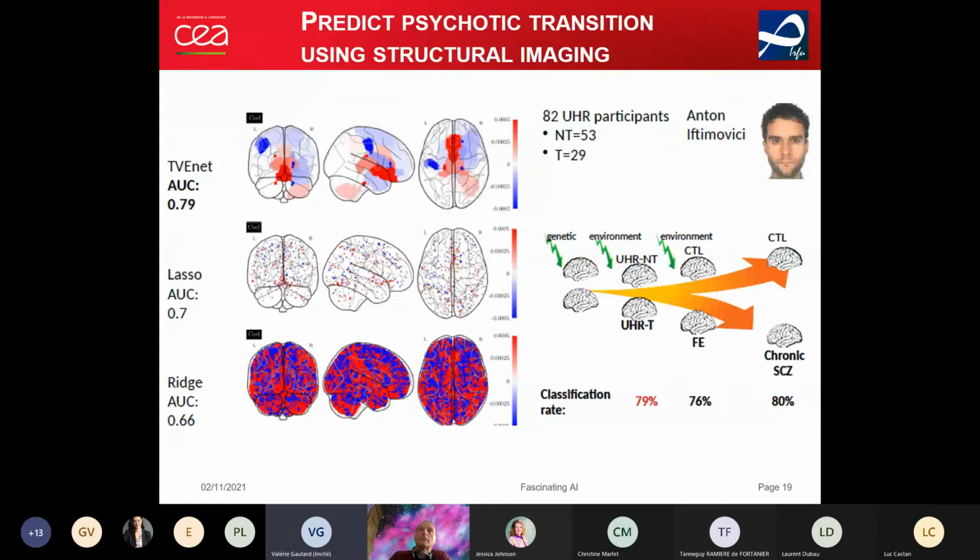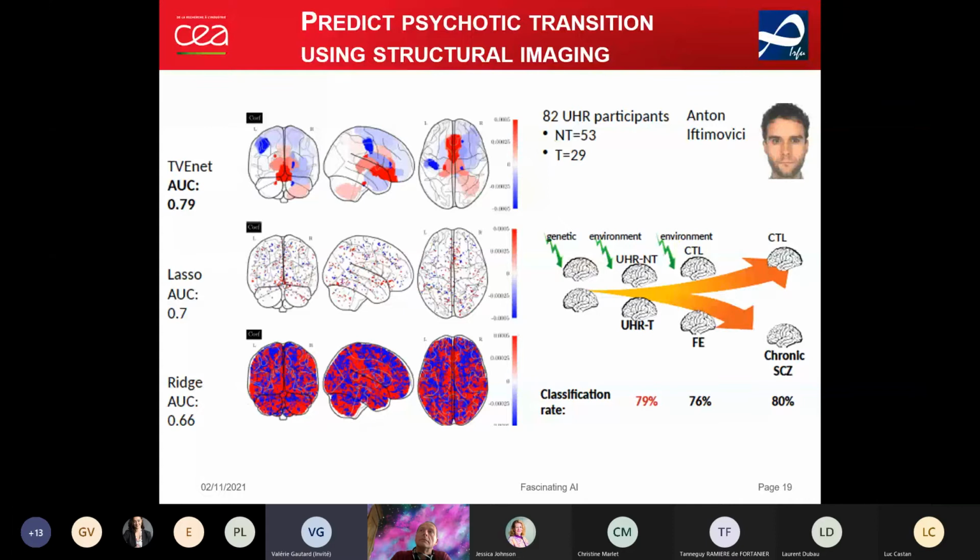Let me tackle now psychotic transition. Some patients could develop psychotic disorder. It is another type of brain disorder which could be avoided by this predictive method. Again, in this example, the idea is to help patients under the responsibility of a doctor, of course. And you see here three methods, Ridge, Lasso, and another, and you see we improve a lot. We improve our result, and we obtain 79% of good results.